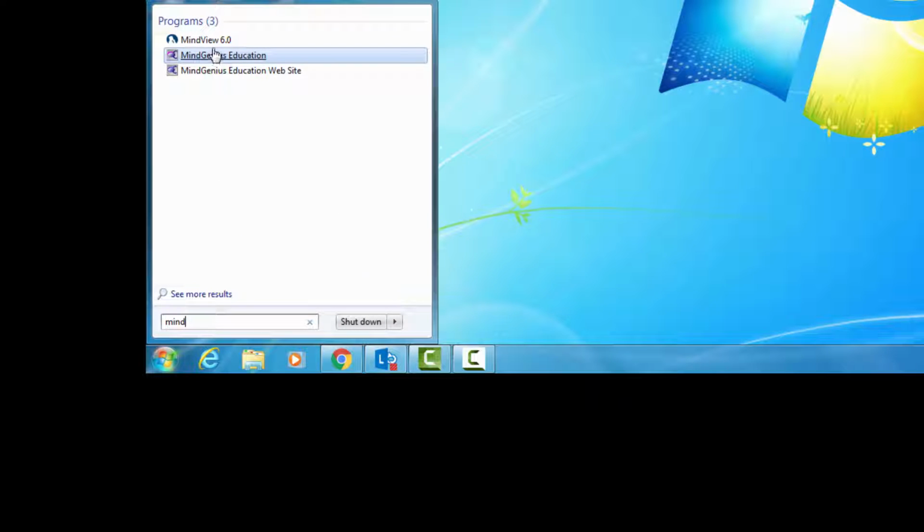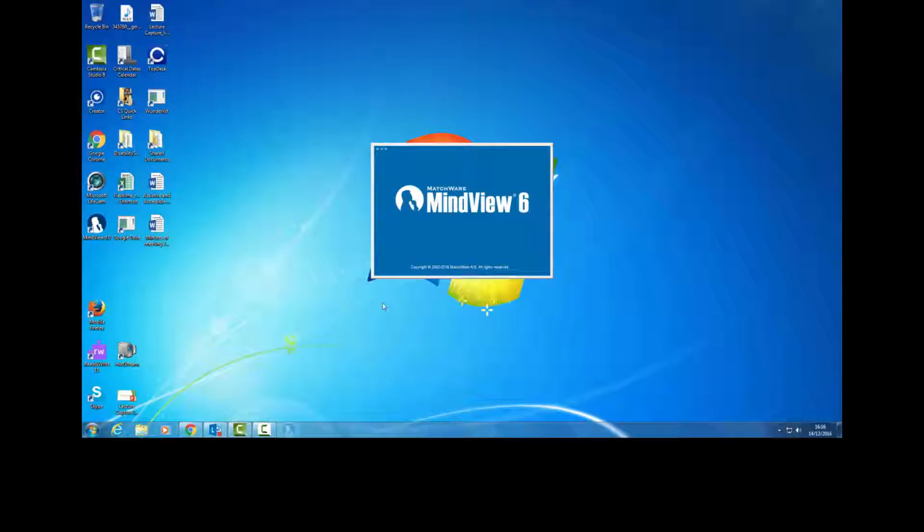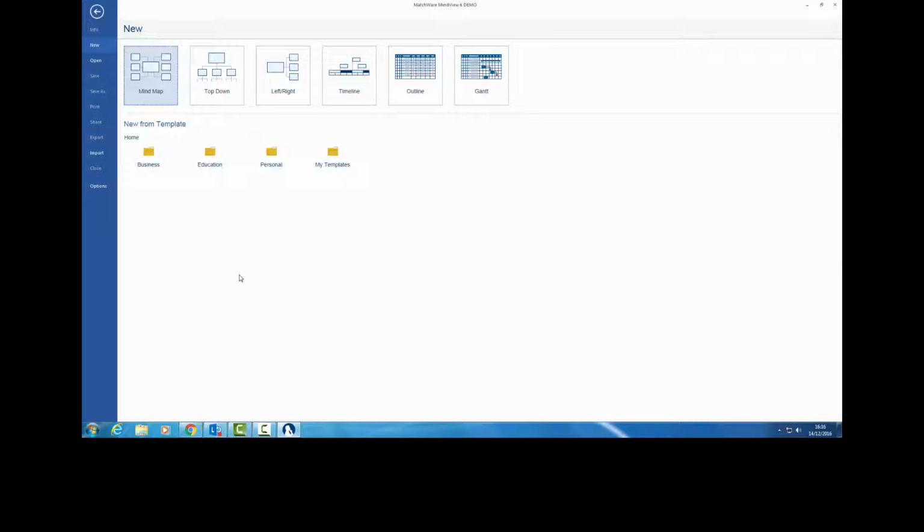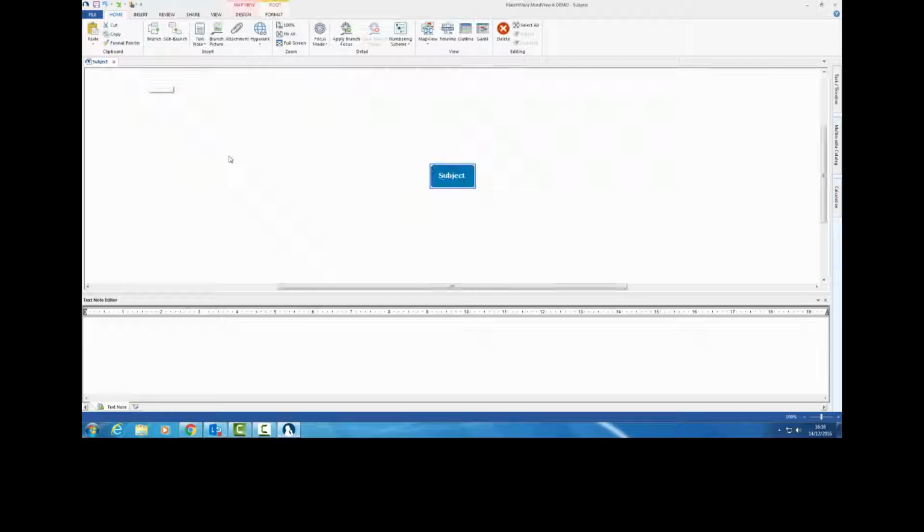It lists various bits of software, but the one that I want is MindView. And I'm going to choose just the basic mind map. The one I'm doing is quite simple, but you can make yours as complex as you want, based on lecture notes or reading or maybe summarising a paper. So in the middle I'm going to call it Staying Healthy,